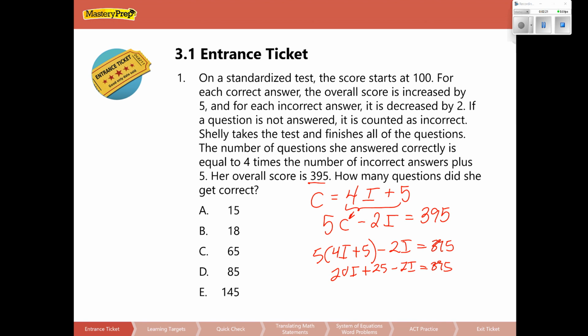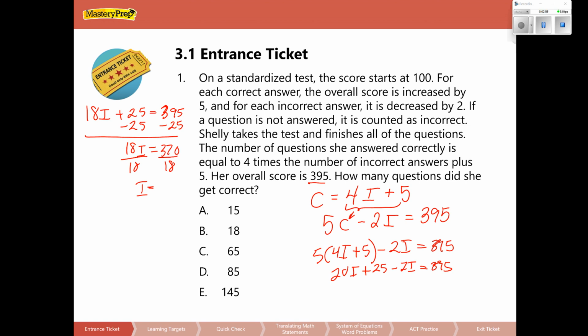Well, 20i minus 2i is, I'm running out of room, 18i, plus 25 is equal to 395. We can subtract 25 from both sides. 395 minus 25 is 370 is equal to 18i. And if we divide both sides by 18,